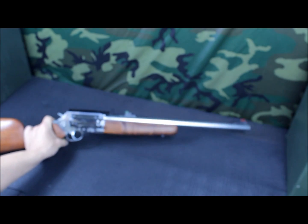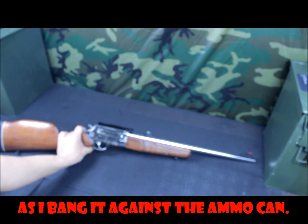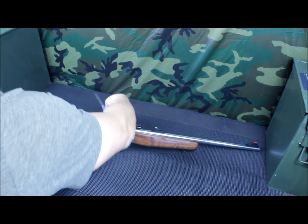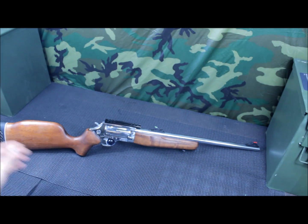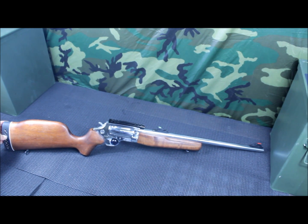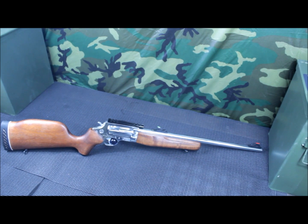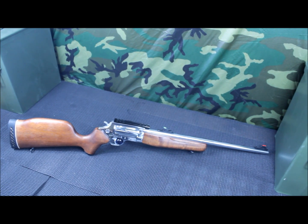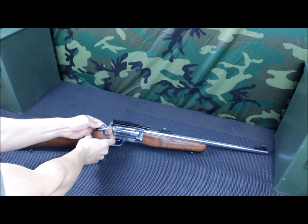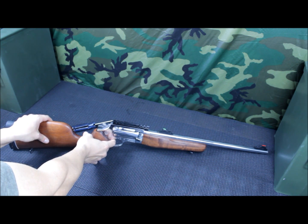Really pretty gun though, in my opinion. And I guess my opinion's not worth too much. But it's shiny, very comfortable to shoot. It's got a very thick recoil pad on it, and it's got some honeycombing in there to help reduce the recoil, which it doesn't have much anyway. But real compact little package. Like I said, it can be fired in single action like that, or double action. The trigger will actually fire the hammer, and it's got